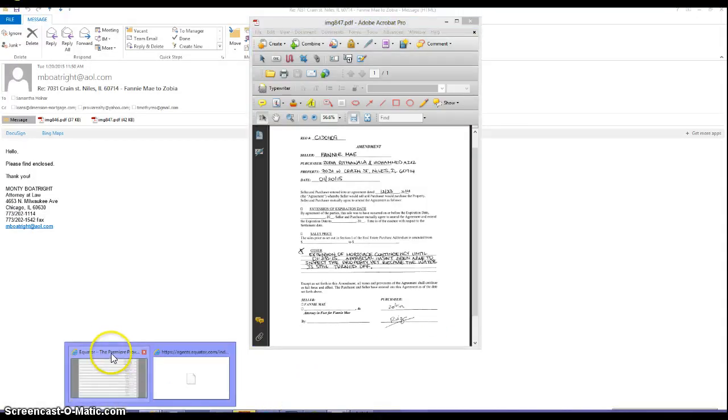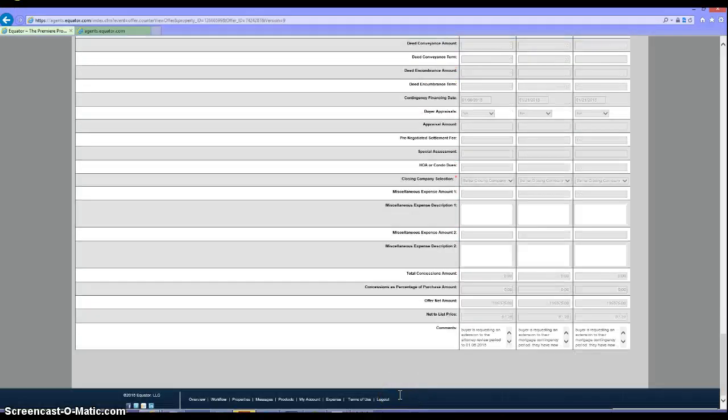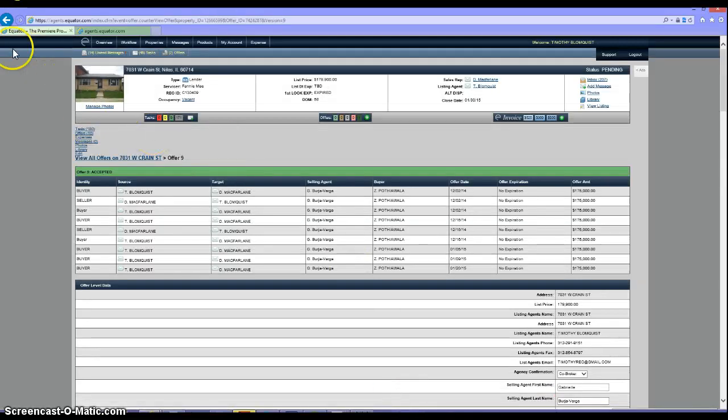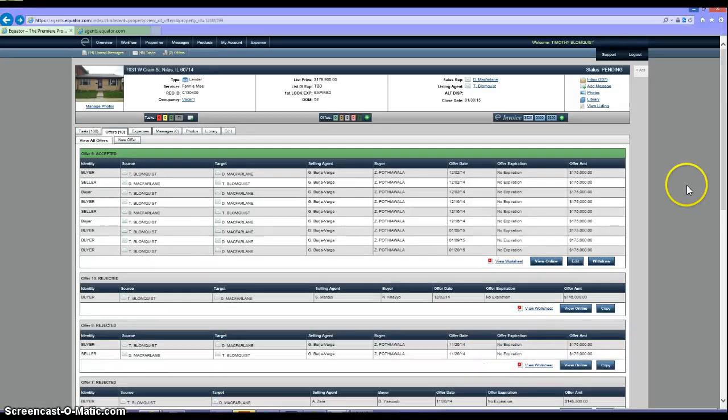So at this point, unfortunately, I just made a mistake and I uploaded the amendment without double checking, and there you go. Point taken right there. So let's just leave it be for now, see what happens. So, however, let's just move on. Moving on to requesting the mortgage contingency